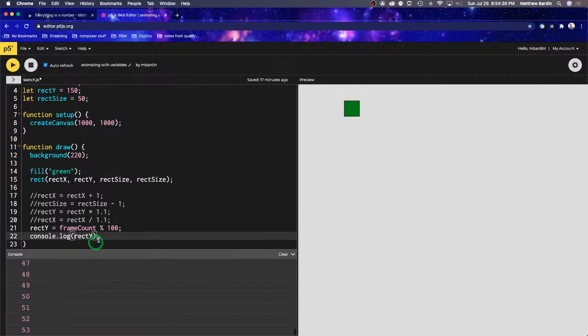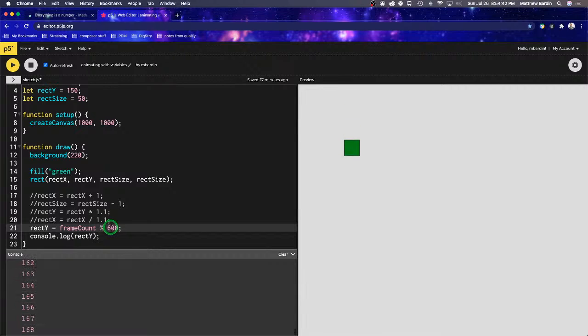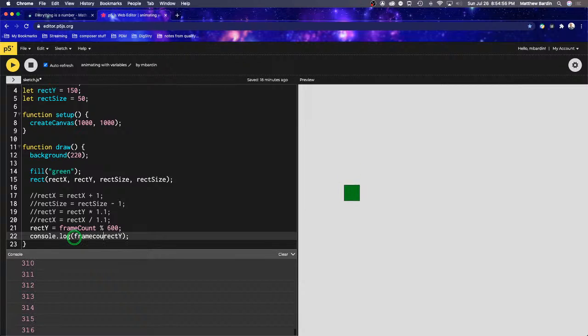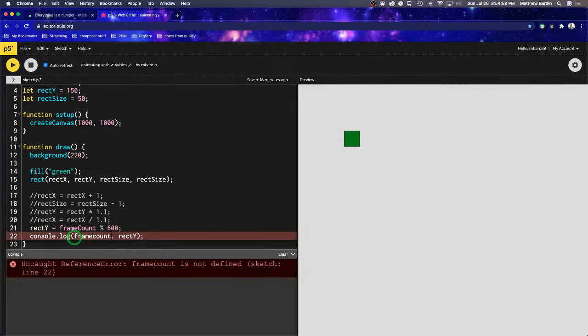And if I were to increase this to a bigger number, we can see it moves more, and then it's eventually going to increase until it gets all the way up to 599, which we may or may not see, and then it's going to jump back to the top there. So if I actually add another one and say frameCount comma rect y, capital C,